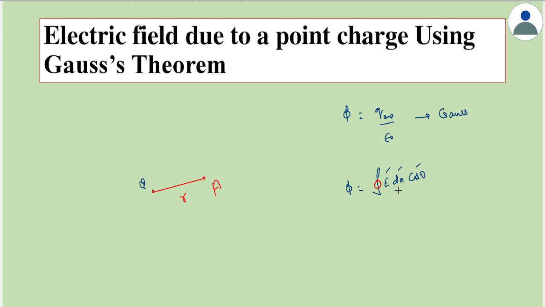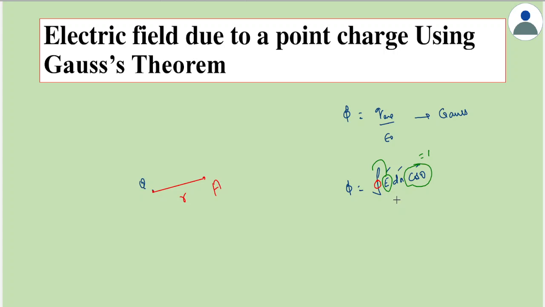So what we can do is we can choose the Gaussian surface in such a way that the electric field remains constant on the Gaussian surface. So in that case, if at all the points the electric field remains constant, then from this integration E comes out. So this is taken care of, and if we ensure that cos theta is either a constant or equal to 1, then both E and cos theta come out